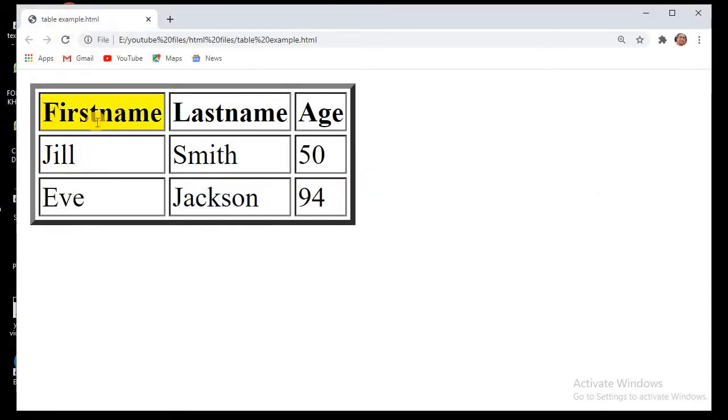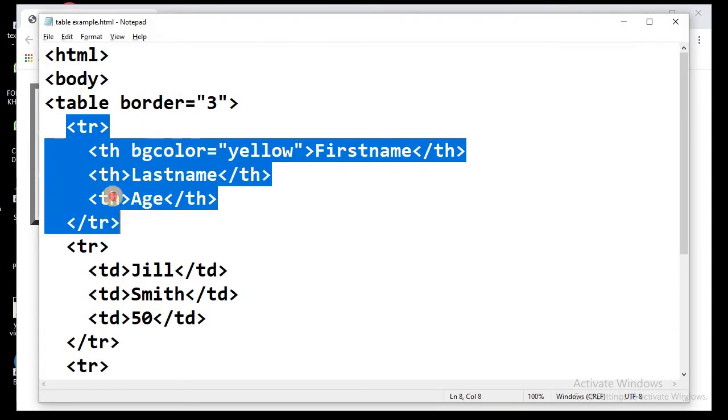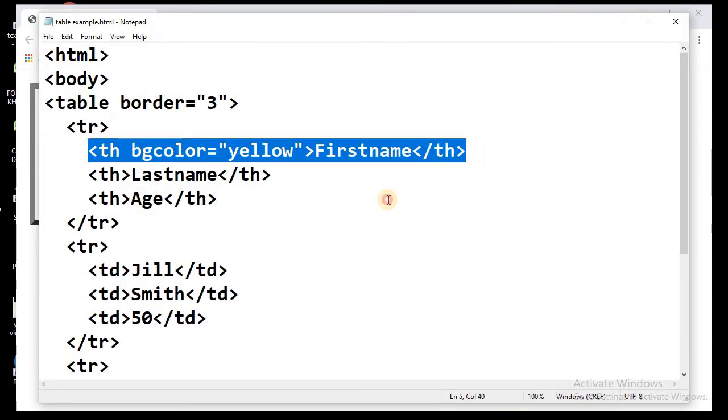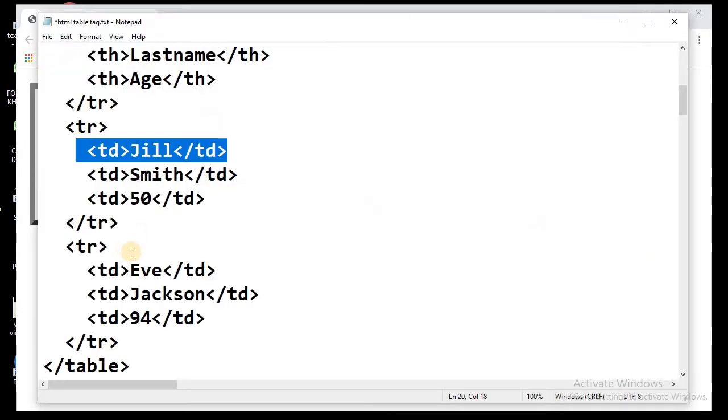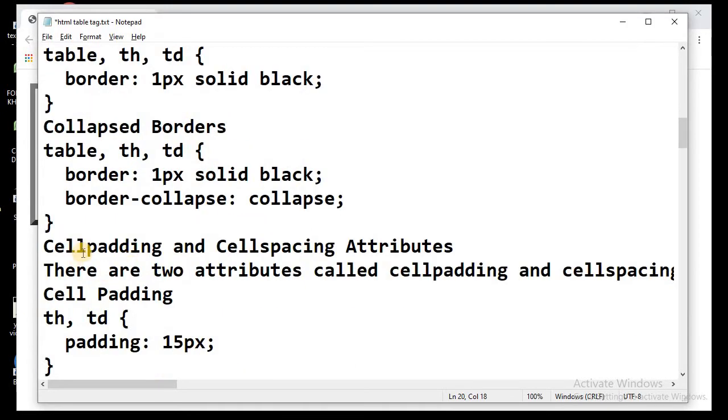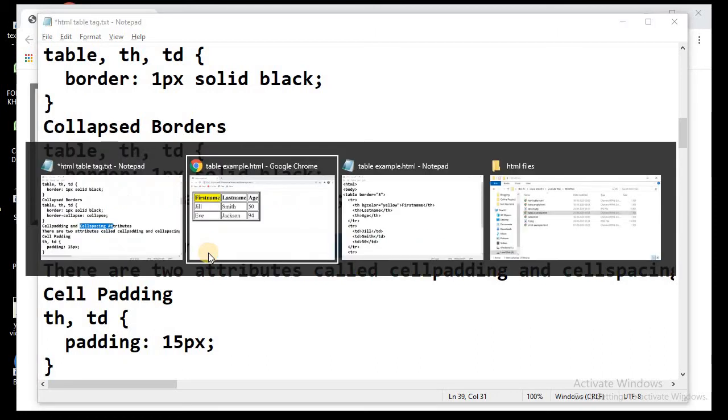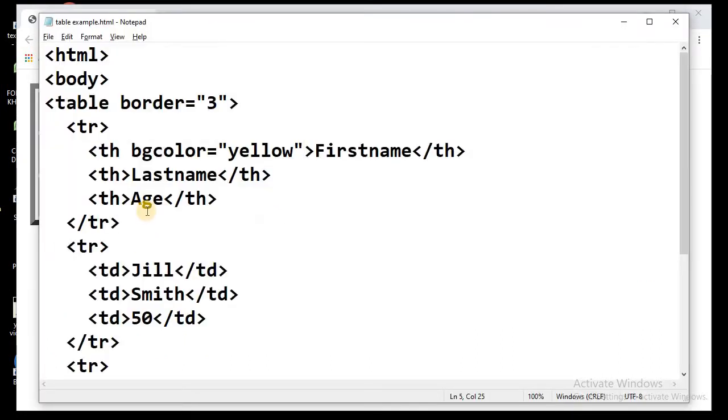So now you can see the background color of this first cell. So this was the first row and first cell. So we have got BG color as yellow. So the other attributes that we can use with the table are cell padding and cell spacing. So let me use this cell padding and cell spacing with the table tag. Let's say if I use cell padding and I specify cell padding